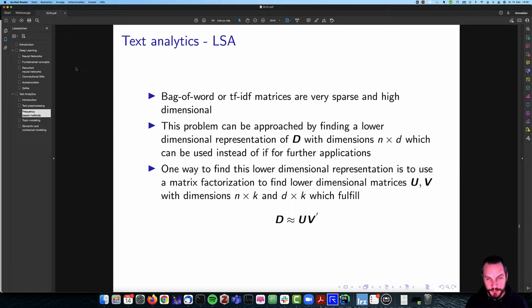So that's the first thing. We have large dimensions. Large dimensions means a lot of data, a lot of things to process for your computer, for the methods we want to make use of maybe at a later stage, and so on. Another problem is that this matrix from the bag of words approach is really marked by many zeros, and the zeros do not really have informative content, but they are dominating the overall presentation